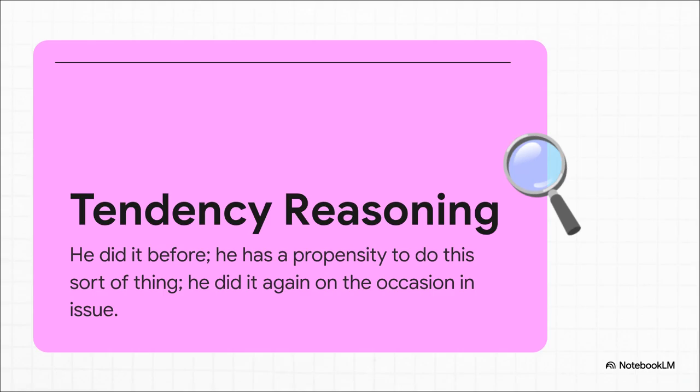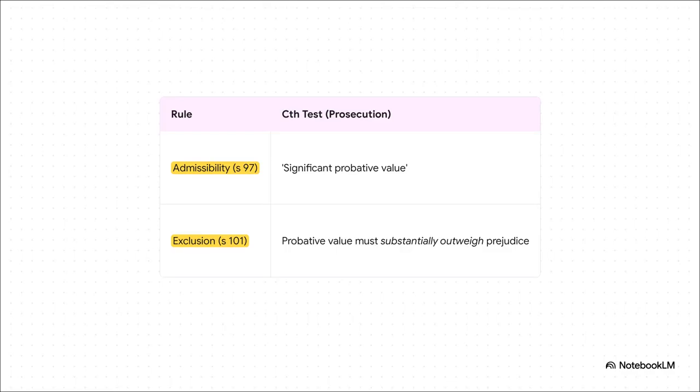The Commonwealth Act codifies these controls in sections 97 and 98, and they set out exactly when this kind of reasoning is even allowed. So the Commonwealth Act sets up this really critical two-stage balancing act. First, for the prosecution to use tendency evidence, it has to have significant probative value under Section 97. Okay. But then it faces an even tougher hurdle at Section 101. The evidence's probative value has to substantially outweigh its prejudicial effect. And I'm telling you, that one word, substantially, that is everything. It sets a very, very high bar, and it's a key difference from the common law test.